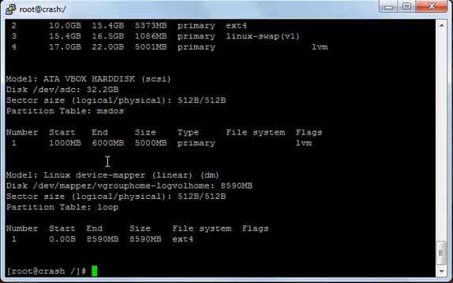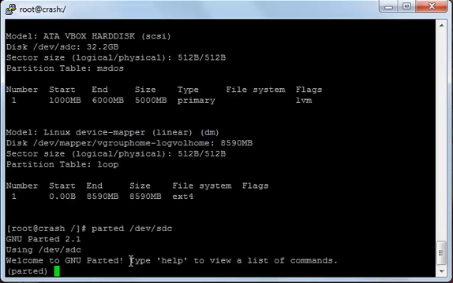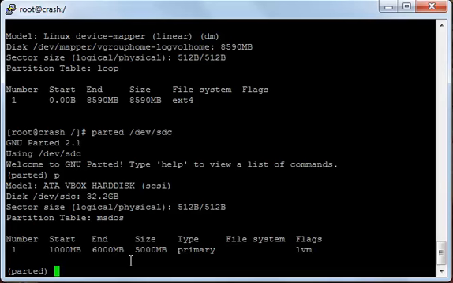So we will add another partition in the hard disk SDC. So we'll type parted /dev/sdc, enter, then p, then I will make the new partition, mkpart